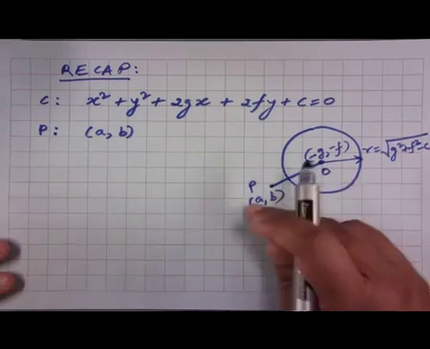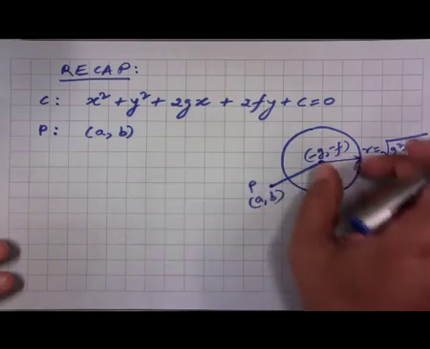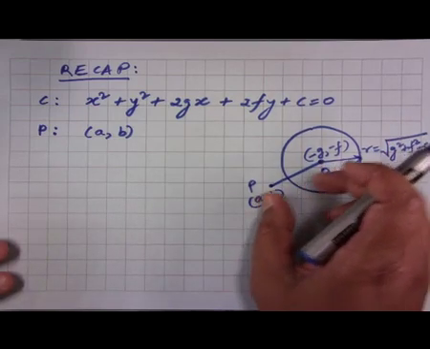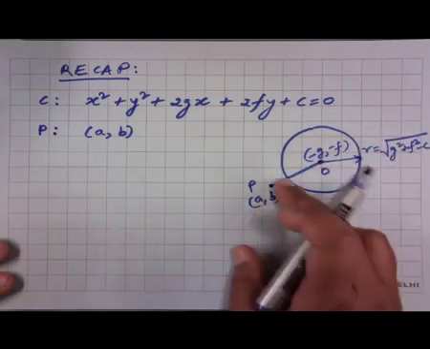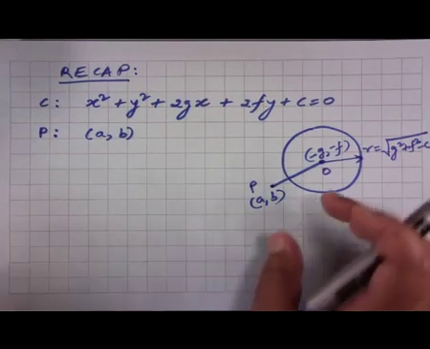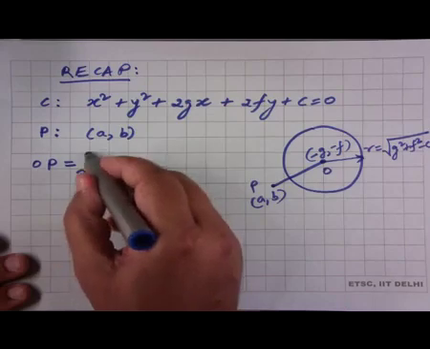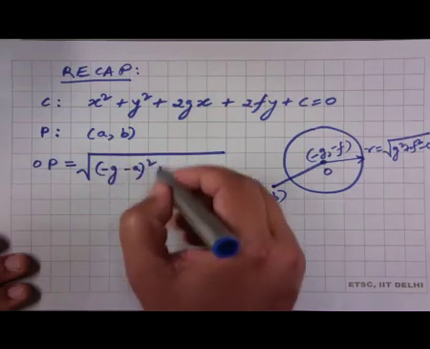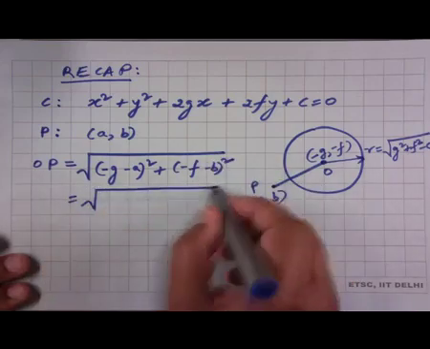On the other hand, if the point lies inside, then this distance between this point and the center is going to be less than the radius of the circle. And if the distance between this point and the center is exactly equal to the radius of the circle, then obviously this point P is on the circumference of the circle. So, this is how we can find out. So, essentially what we have to do is find this distance OP. So, OP is equal to square root of minus g minus a whole square plus minus f minus b whole square, which equals